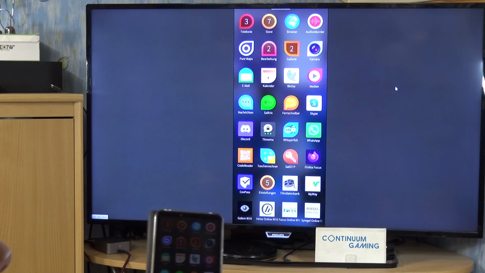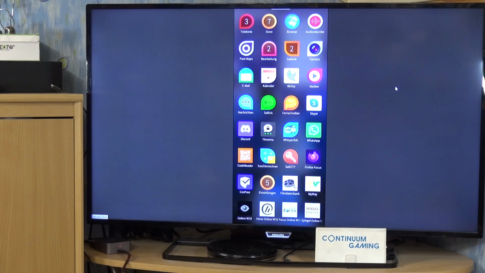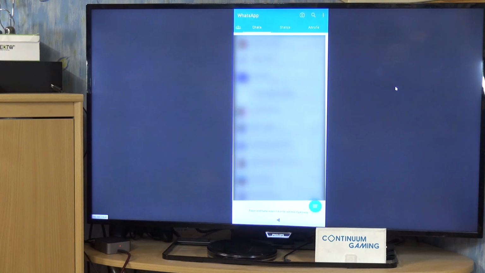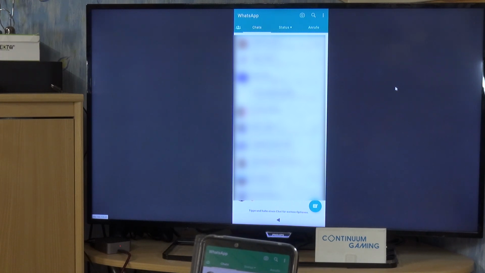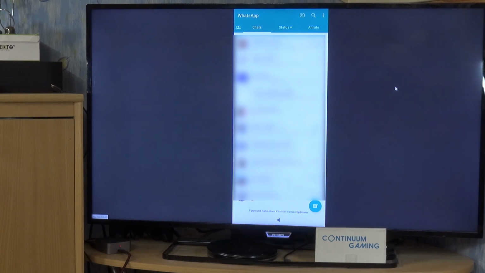is really the case. So for now, I'm just going to open up WhatsApp in this case, and because I'm going to have to more or less do everything here to protect the privacy of the different chats, I'm not going to show you everything. I'm not going to show you my smartphone screen at the moment either, or at least not much. As you can see, it is the one, but I'm not going to show you more than that, because as you can see, it seems like everything is working as it should. We have a status bar, we have the chats, we can go to one of the chats, and